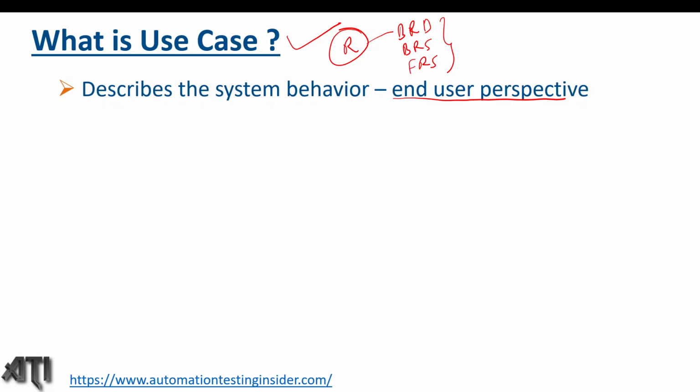Now the use cases will be derived from these documents. These are the detailed documentation, right? All the requirements are captured in these documents, but the system behavior is not described over here. So what business users will do, they will create the use cases, how the system behaves exactly as per end user, how our client is going to use the system. So they prepare the use cases,